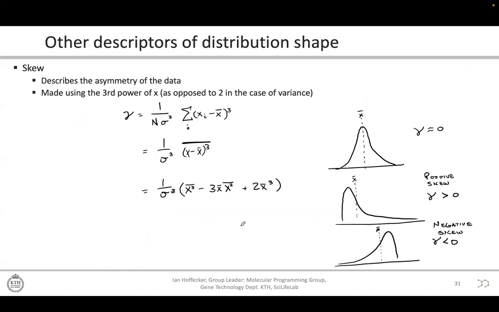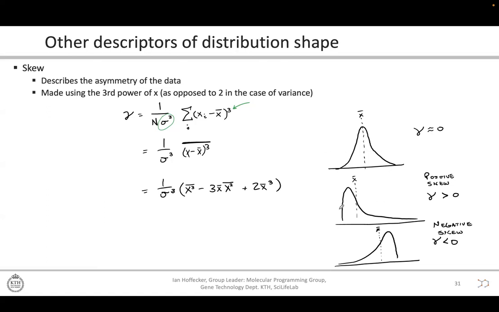We also have other descriptors of distribution shapes. So in addition to the spread, another tool that we can use is something called the skew. And the skew is going to describe the asymmetry of data. This is made using the third power of x. So in contrast to the variance where we are squaring things, in the case of the skew we're raising it to the third power and dividing by the cube of the standard deviation. And so in this way, we get a unitless value that is going to be positive in the